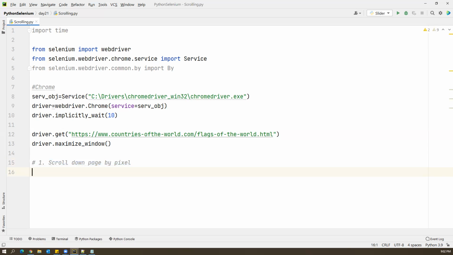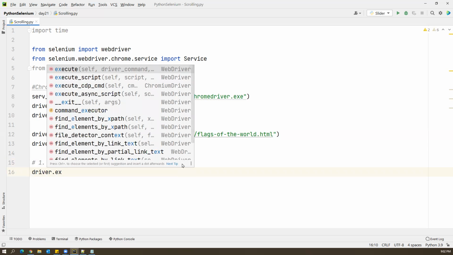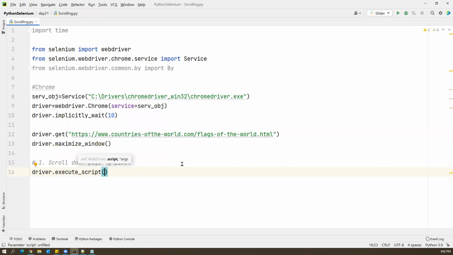We have a method called driver.execute_script. By using this method, we can pass some JavaScript statements. Inside the execute_script method, we have to pass some JavaScript statements, and only with those JavaScript statements will we be able to scroll the web page. So what are those JavaScript statements? You just have to remember this because this is JavaScript syntax. You don't need to learn JavaScript for this. You can just remember a few things here. In the first double quotations, we have to pass one parameter called